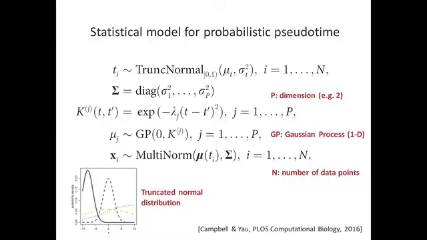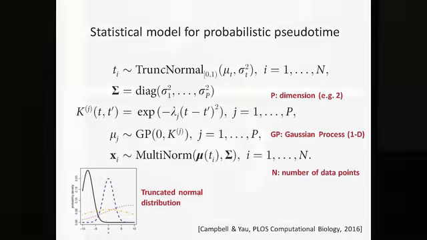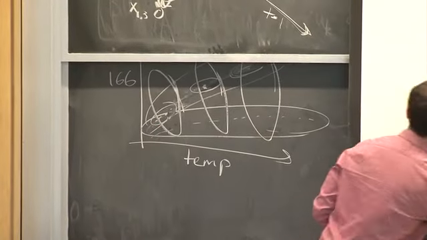What this paper does, from Campbell and Yau and published 2 years ago in PLOS Computational Biology, is they assume that the observations that you have are drawn from a Gaussian distribution whose mean is given to you by the Gaussian process. So if you think back to the story that we drew earlier,